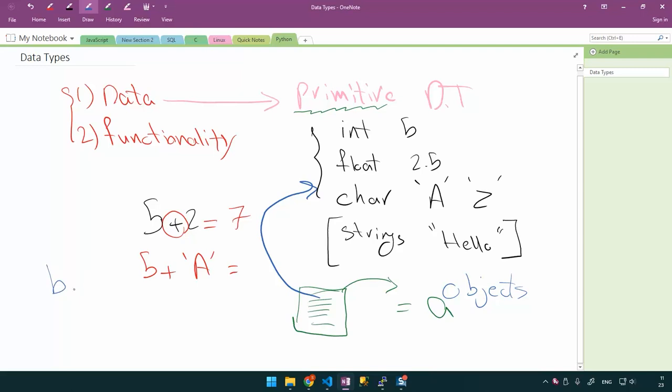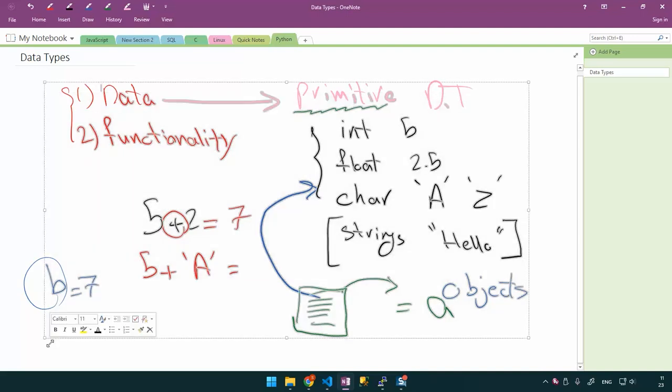Meaning, if you say b equals 7, b is an object. It's not a variable. But again, from an engineer's perspective, for now, I want you to learn like that. In future videos, we'll see that everything is an object, because that's just easier and you can have a lot more capabilities. Okay, so to summarize, let's get rid of this.